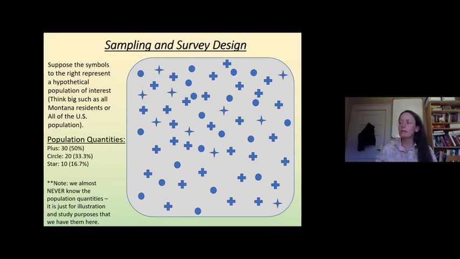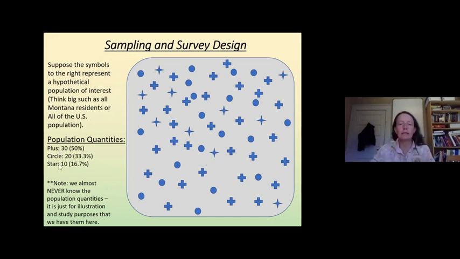Let's suppose that this whole square represents a population. So maybe it's all Montana residents, or maybe it's all Missoula residents, some big population who we want to learn more about, okay? And we never know the overall big population picture, right? We never know the overall population quantities. But since we're just setting this hypothetical stage, let's say that we know